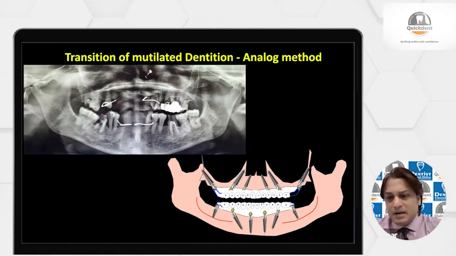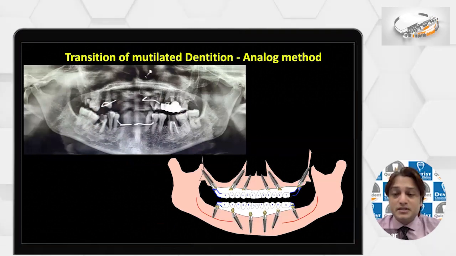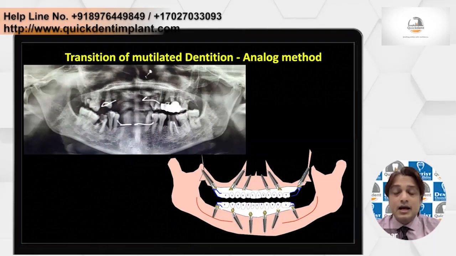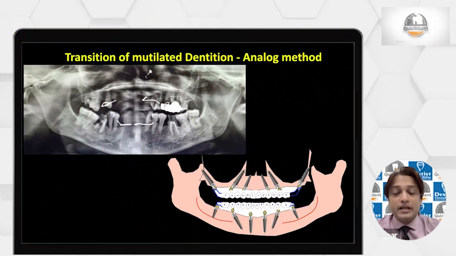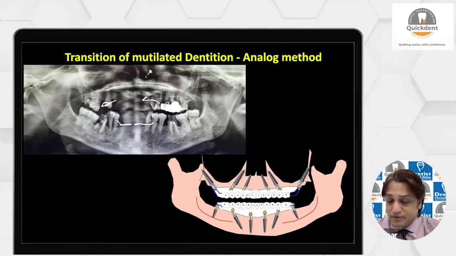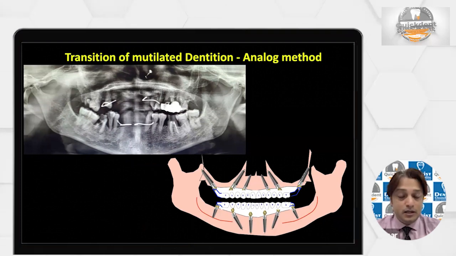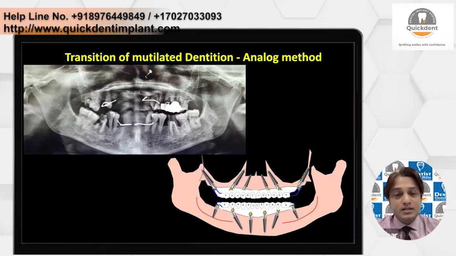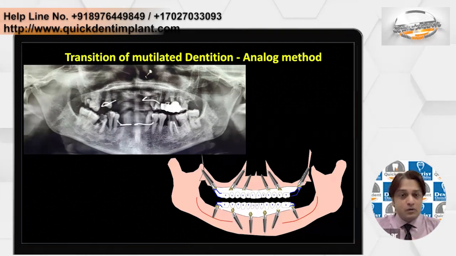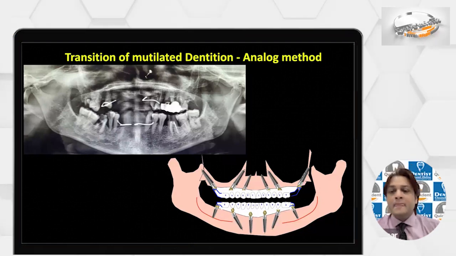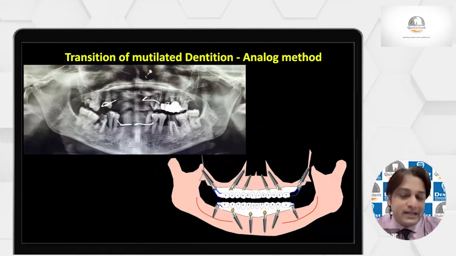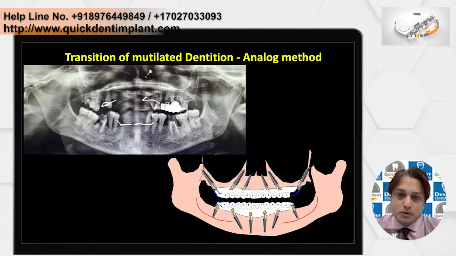Usually my method is that we place implants in the premaxilla and in the intermental foramen, and we avoid cantilever by placing pterygoid implants or zygomatic implants if required. In the lower jaw, we engage the implants into the cancellous bone, or lingual cortical engagement, or buccal cortical engagement, wherever the bone allows us. That's how we totally avoid cantilevers in the upper and lower jaw. That's the most important aspect.